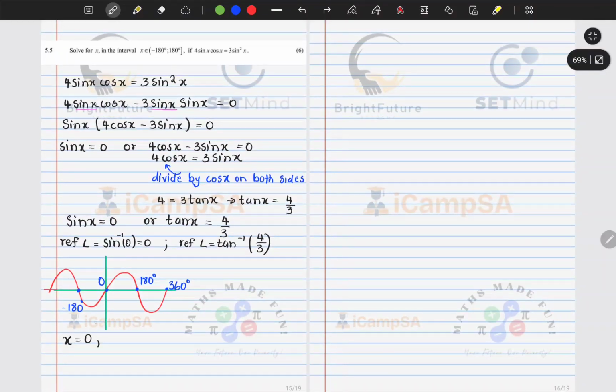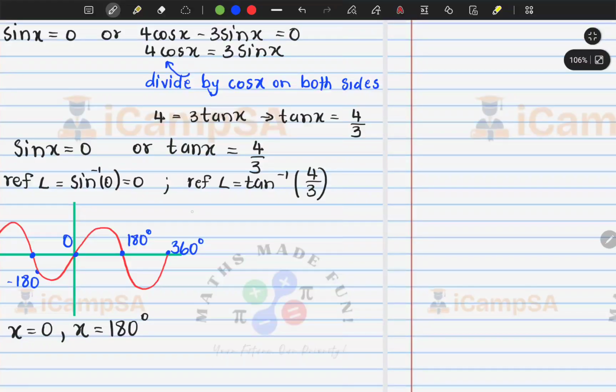So which means we can also have x equals 180 degrees. Then let's have a look at tan. For tan, we'll have our reference angle. I'll go to my calculator, shift tan of 4 over 3. Make sure your calculator is in degrees. So we get